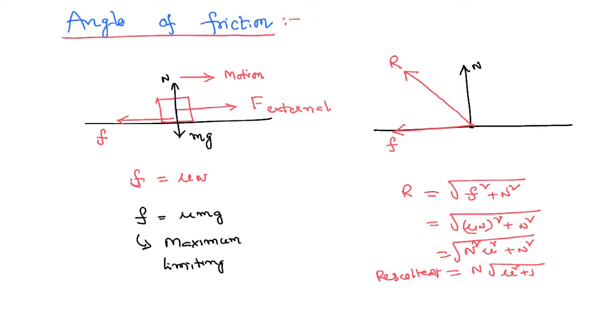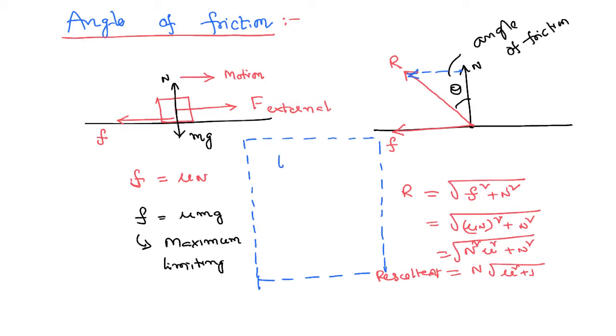And if you notice, there is an angle between the normal reaction and the resultant force, and that angle is called the angle of friction. This angle is called the angle of friction. And if I draw a triangle by writing the same frictional force in the upward direction, you can notice there is a right angle triangle, and we can write something like